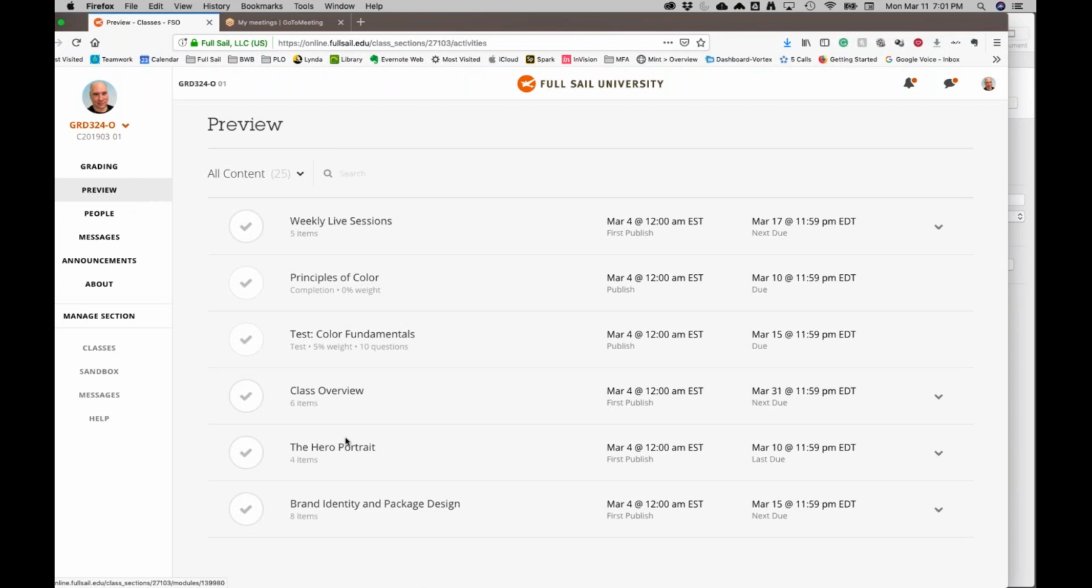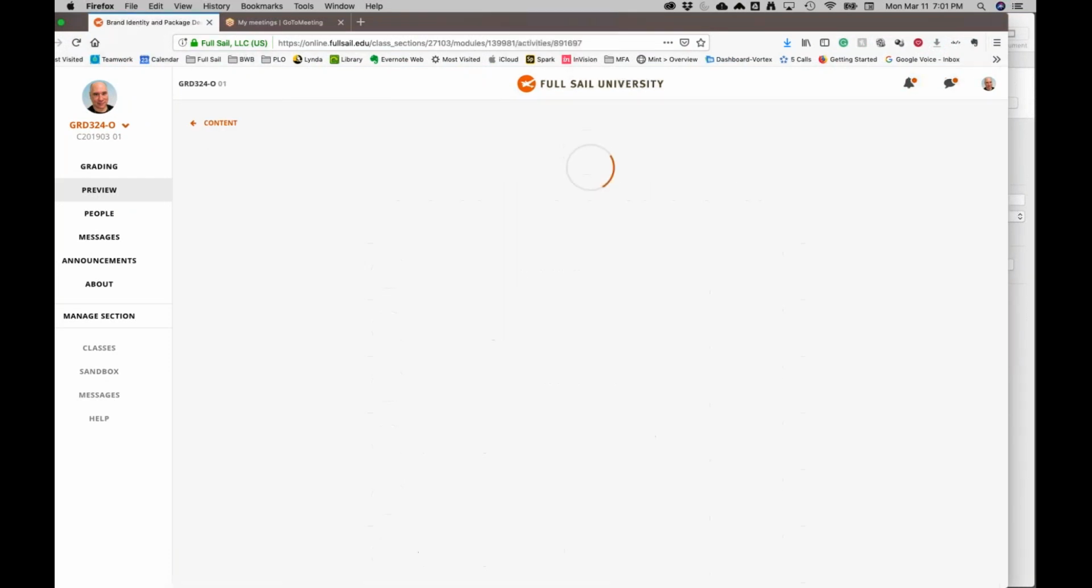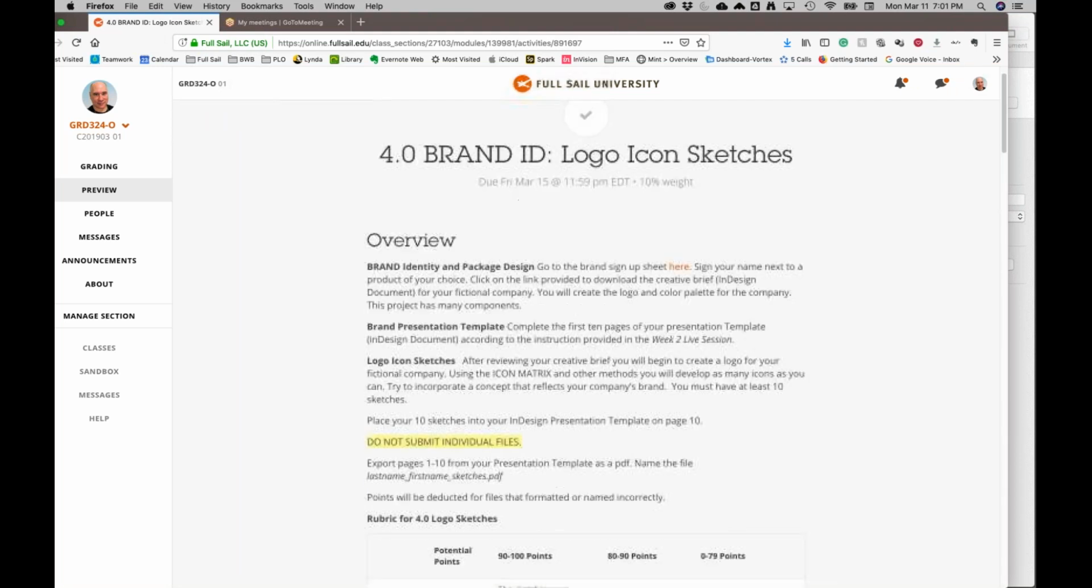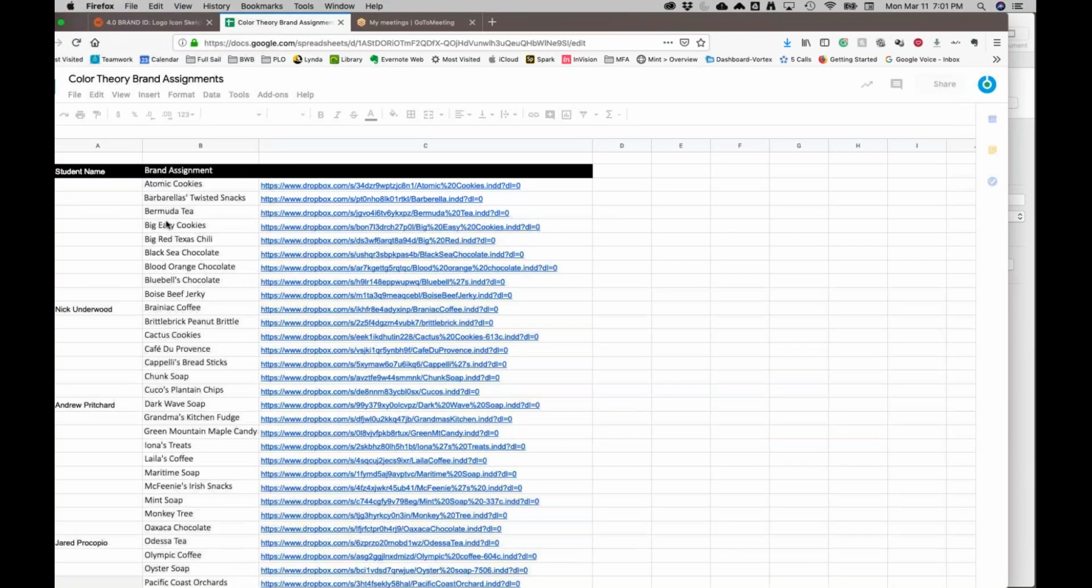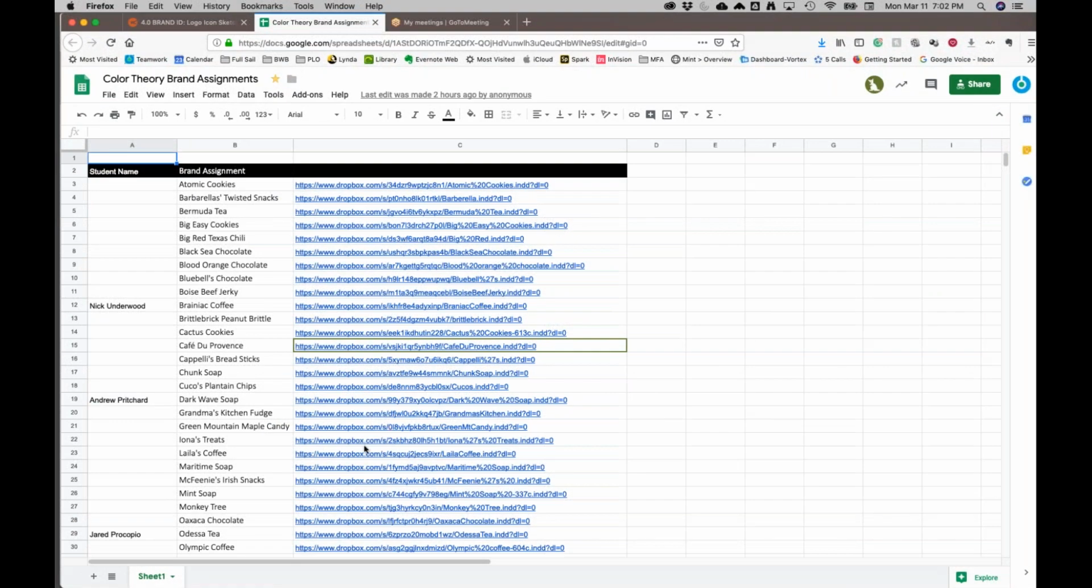All right, so here we go, brand identity and package design. This first part, 4.0, logo icon sketches. You go here and you have a link right here where it says here. And you click on that. It opens in a new window and you have this fantastic spreadsheet. And this is more or less for the people who are not in attendance at the moment, because we see Nick has already signed up for Brainiac Coffee. But you put your name here and you click on the link here and you will get a creative brief